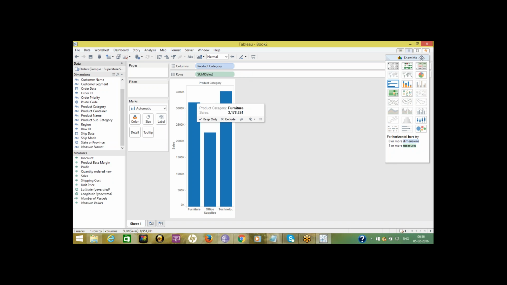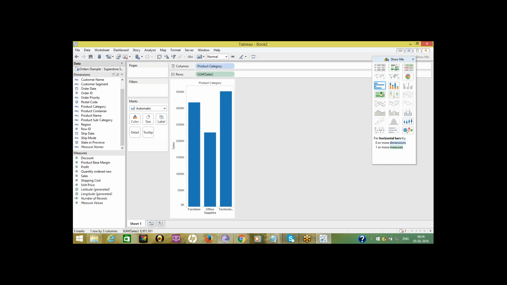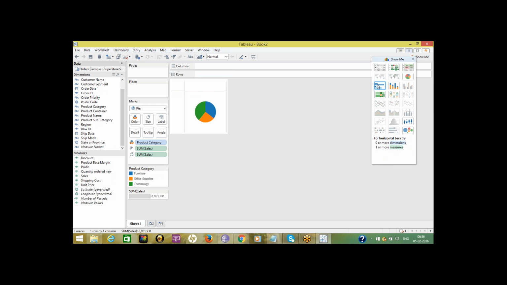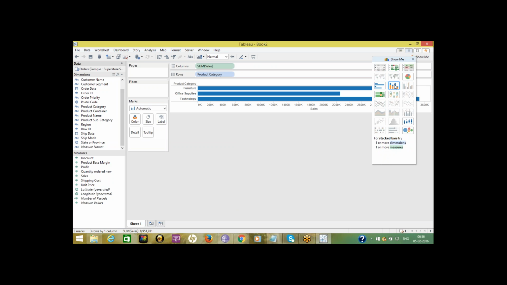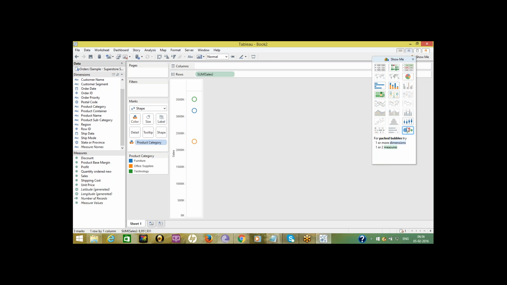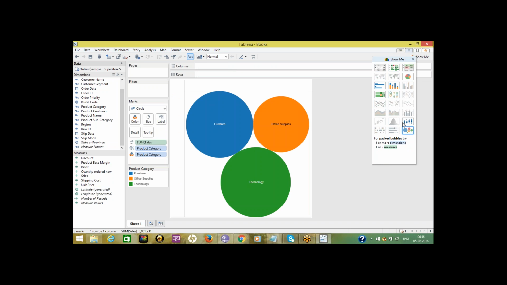If you go to Show Me, it will represent different types of views. All highlighted ones are suitable for this data. All these are different possible views.